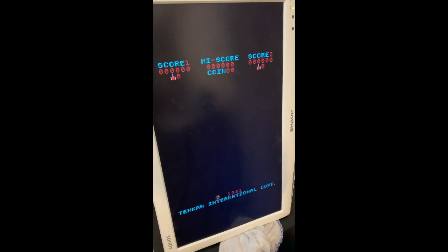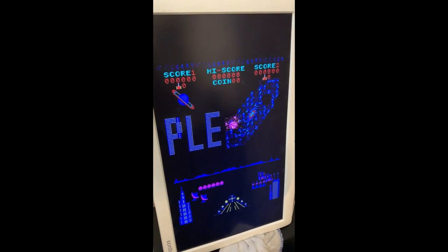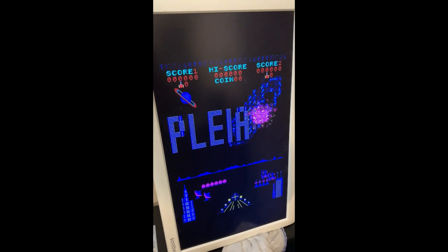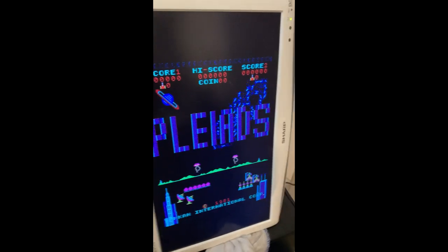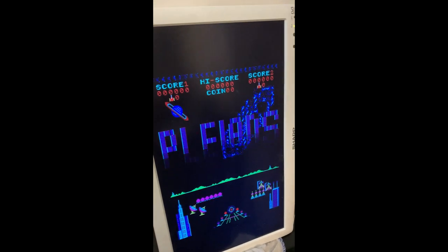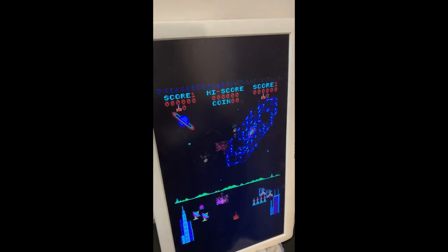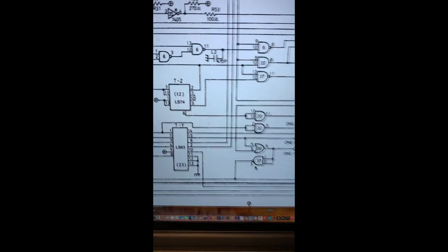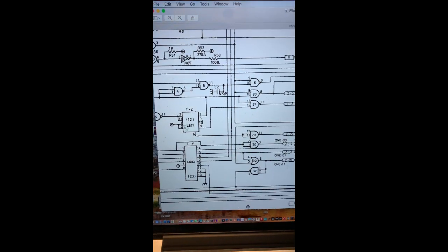So just carrying on with the repair, as I mentioned earlier, we got this kind of graphical interference at the top of the screen. So I've just been looking around the schematic, and come over to here, and I've just been kind of probing around,